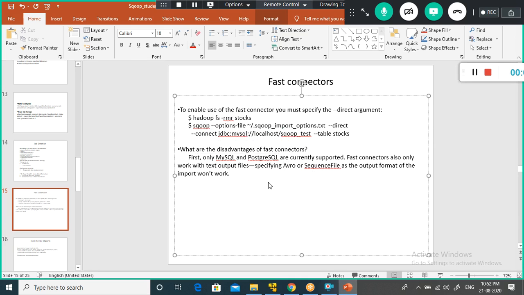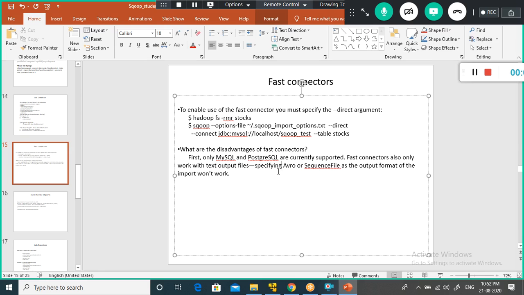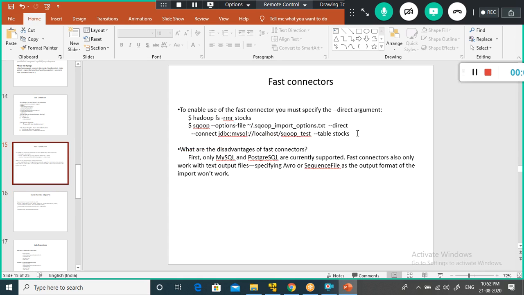Avro is a specific file format, also serialized, kind of like a JSON file, a serialized and deserialized format. If you want to store the data in Avro, you cannot use the direct option.